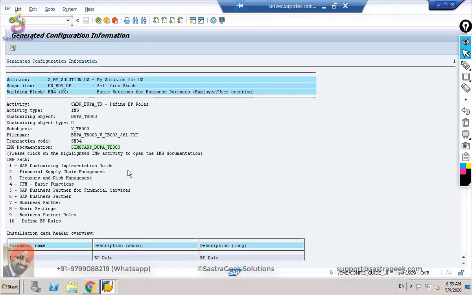So this is the information you can see here. First, it is saying that we need to define business partner roles. Don't worry about how to define the business partner roles. We'll be going into the detail in the configurations. I'm just trying to show you what SAP provides